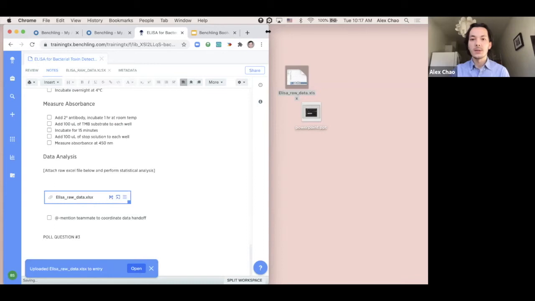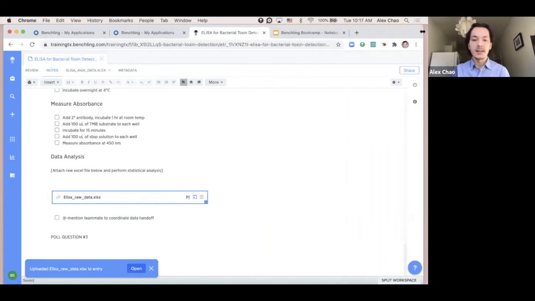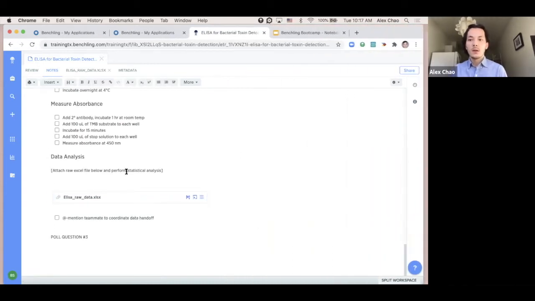And Benchling has now uploaded my ELIZA raw data into this notebook entry. So to bring us back to this main question, which is on sending data back and forth, we understand that there are a number of different use cases. Additionally, we understand that when you're sending data back and forth via email, there's an issue of source of truth